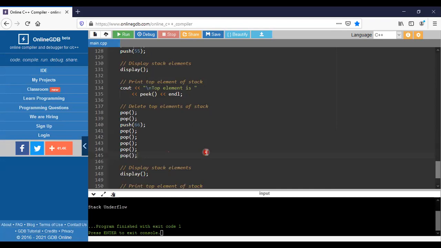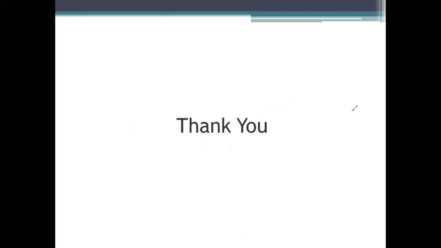So that's about the linked list implementation of stacks. Today we have seen the stack representation using arrays and also linked lists. By using arrays, we are not easily allowed to insert data.